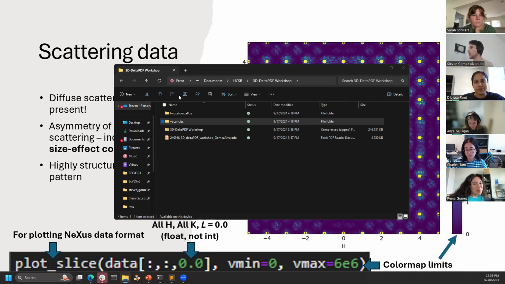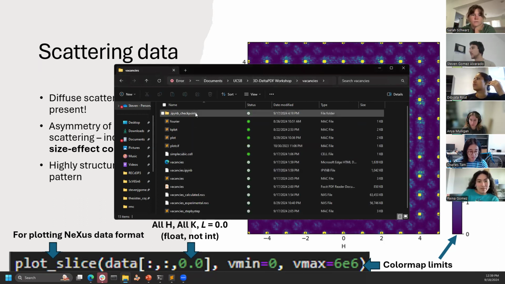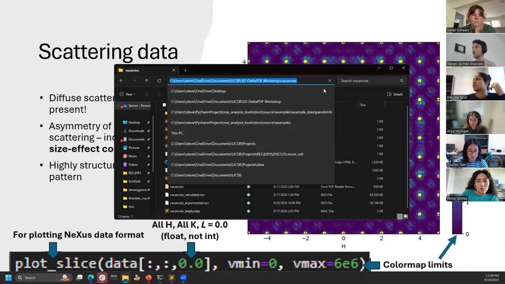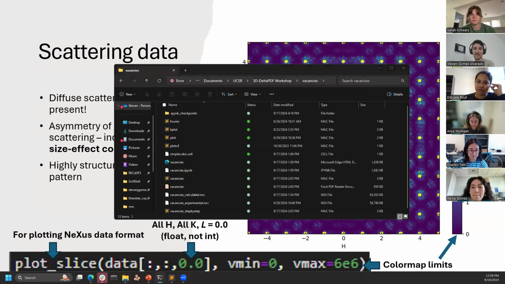Yep. Okay, so you all should have downloaded the folder that looks like this, right? Do we have that up? Okay. And the example we're going to go into is this vacancies folder. So I'm going to ask you to open that up. And then there's a bunch of files in here, but really all we need to do is open a command prompt window here. So I'm going to go into the address bar here, and I'm on Windows. If you have a Mac, I'm sorry, I don't know how to help, but you can open terminal and just change your directory until you get here. If you're on Windows, you can just go into the address bar and type in CMD, and then you get out this